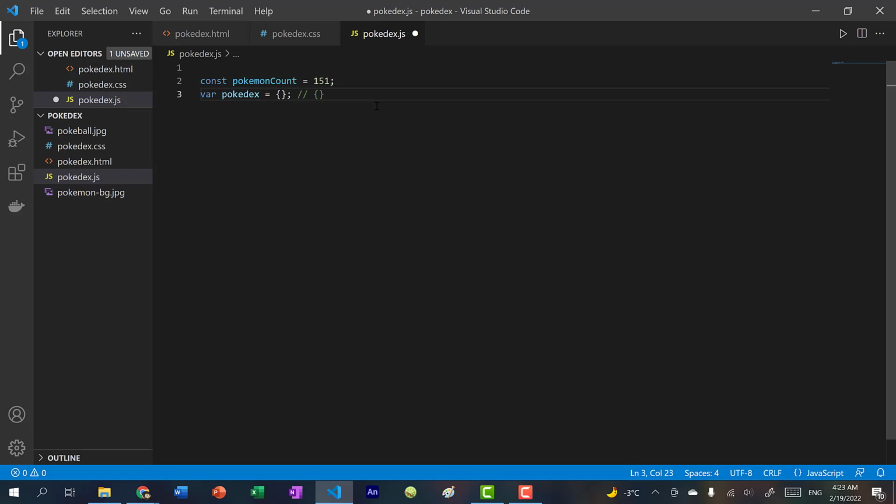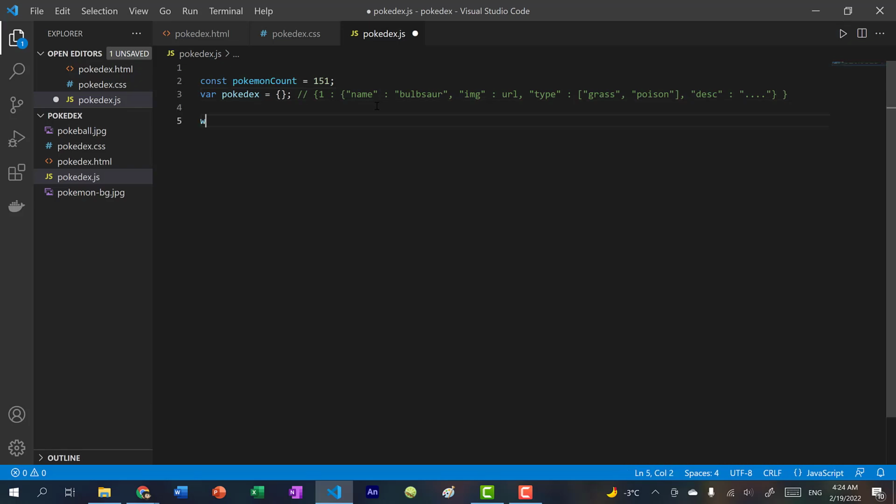And basically the structure is, the key is going to be the numbers from 1 to 151. So it'll look like this, 1. And it's going to have another map as a value. And within there we have a name. So in this case, that'll be Bulbasaur. We're going to have an image, which is some URL, and it's going to be a string. We're going to have a type. So this is going to be an array. So it could be one type or two types. That's why we're using an array. And then finally, we're going to have a description. So this is just a really long string, like so.